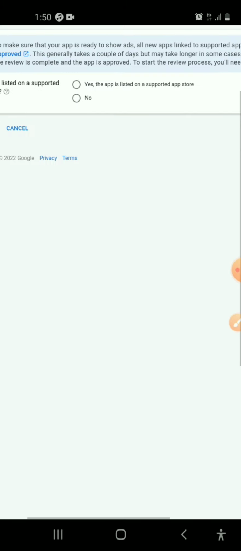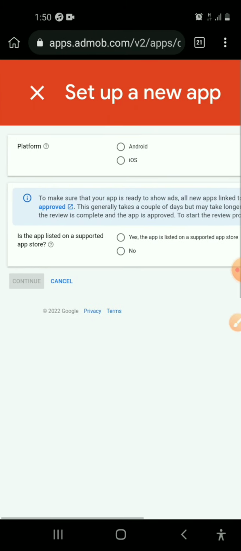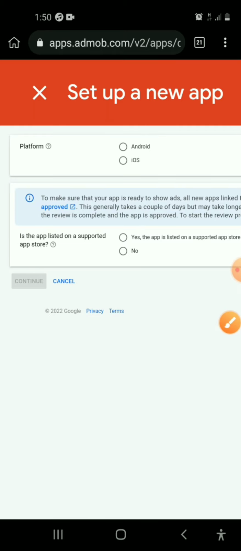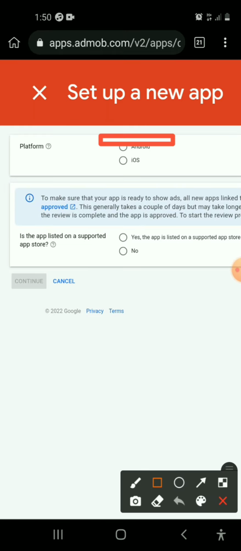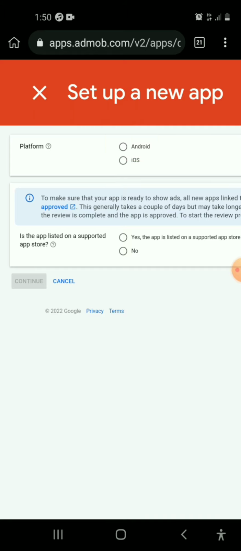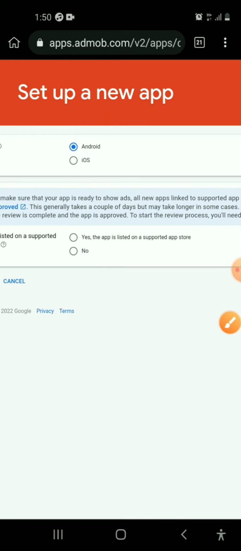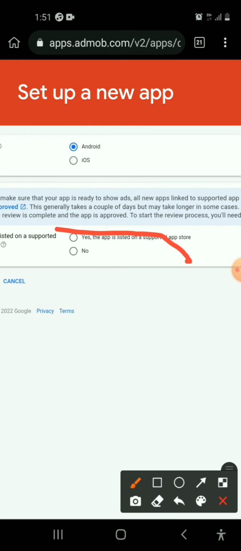Okay, so I will zoom in. We will choose our platform. We will choose Android because we'll be using Android. So choose Android, and then here, this side